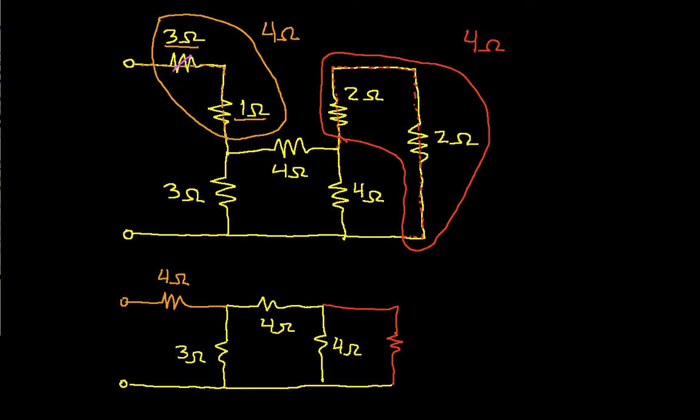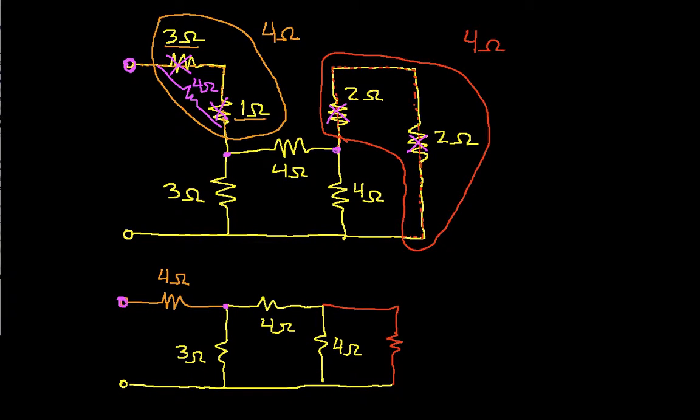I've replaced these two with a single 4 ohm resistor, and so this resistor goes from the terminal to this junction right here. Well, you can see that where I place the new 4 ohm resistor, it goes from the terminal to this junction. So in fact, this 4 ohm resistor in orange has replaced the 3 ohm and the 1 ohm resistor in the circuit. Similarly,